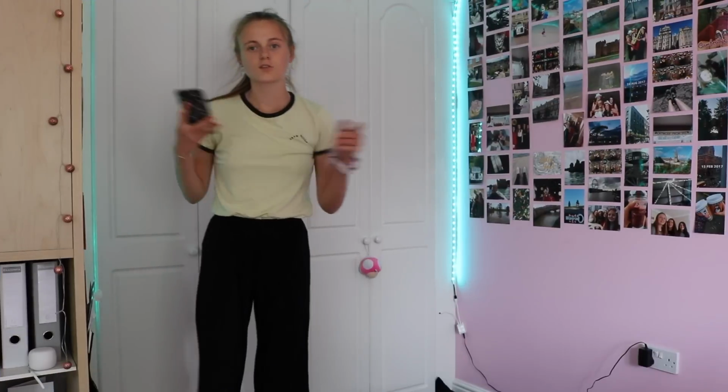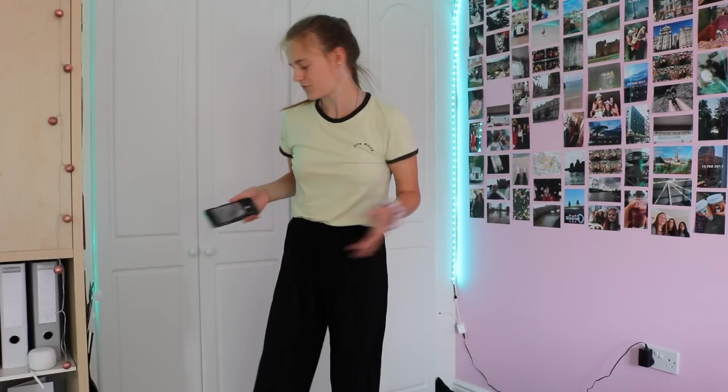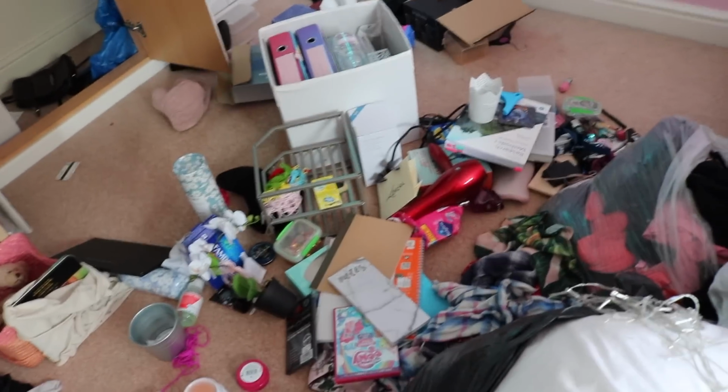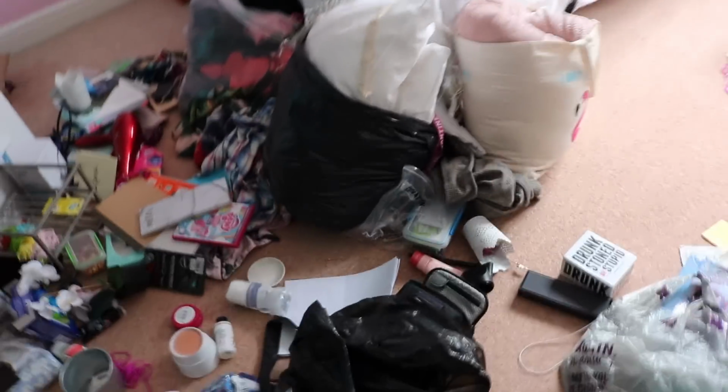Yes. So I've had my lunch, procrastinated a little bit more, and now I'm just going to finish putting clothes in this wardrobe. The room looks a lot better though, actually. I'll show you. I mean, it still looks awful, but it's actually getting there. I definitely see some progress. I've removed all the shopping bags and the bubble wrap and stuff, so